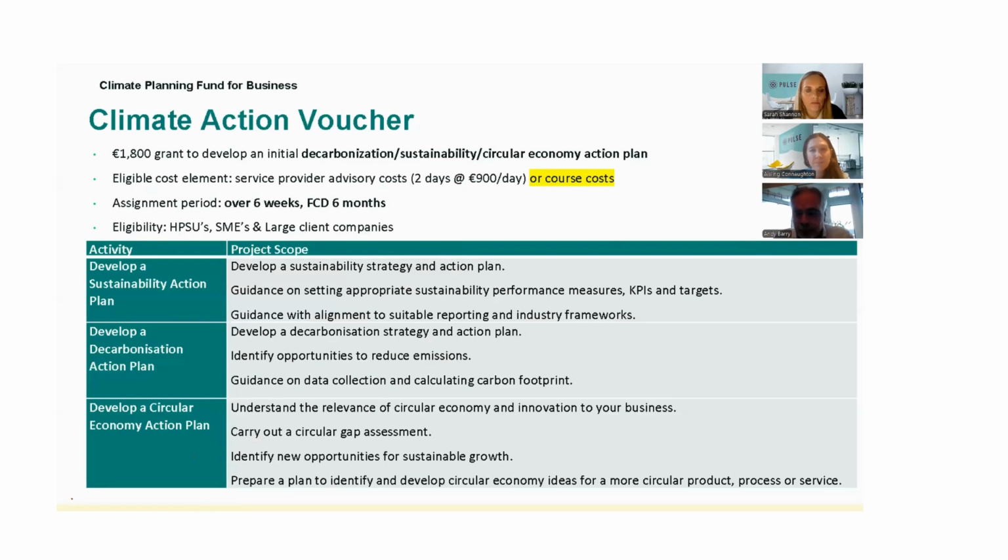as you can see on screen there, which Aisling has kindly put up, there's an 1,800 grant to develop an initial plan, let's say, and that's available from Enterprise Ireland and from your local enterprise offices. You can go in and try and apply for it. And I haven't seen a case yet where anyone's been refused. I don't know if Aisling has. No, definitely haven't seen anyone. They're keen to get businesses on using this. That's why it's 100%.